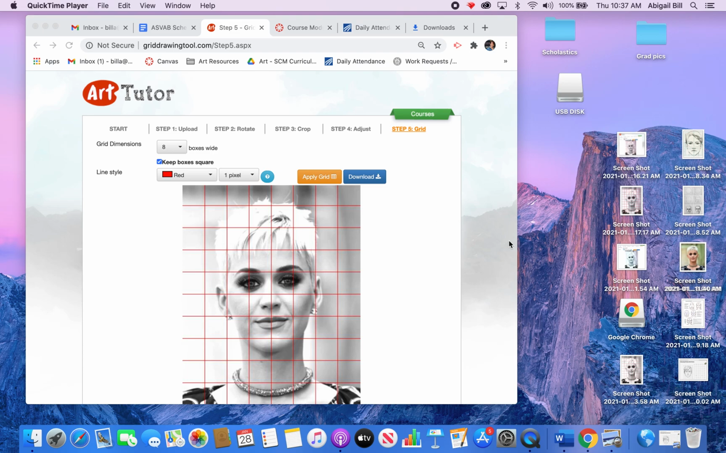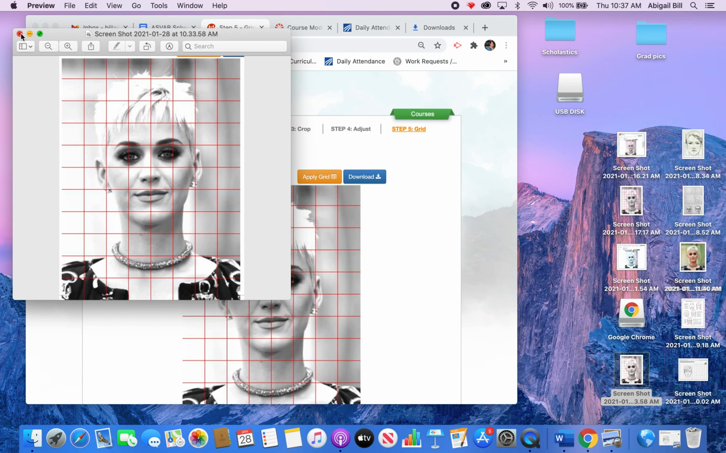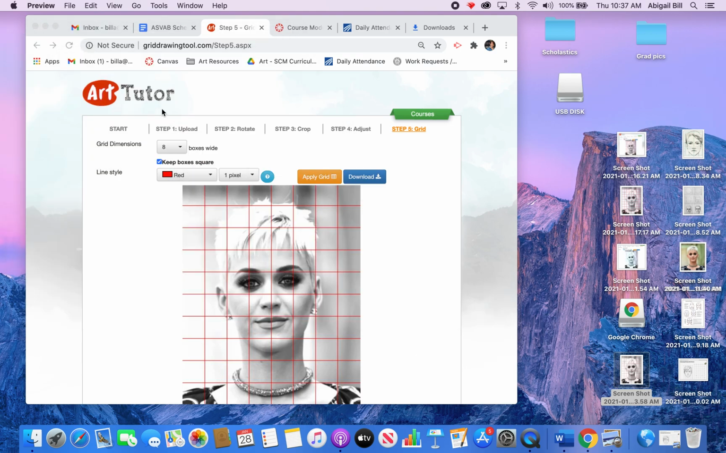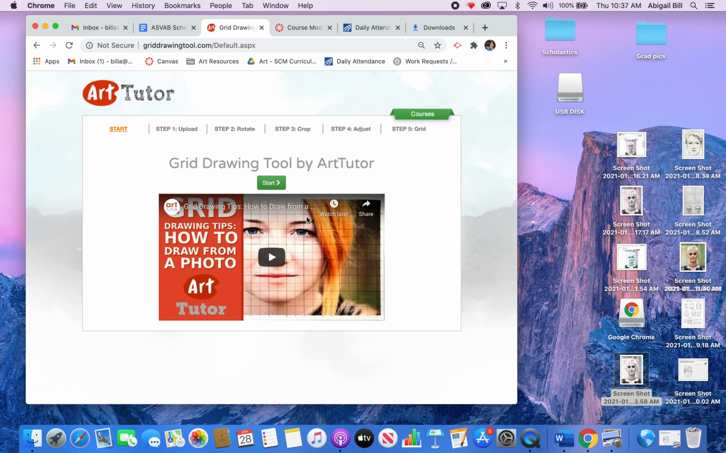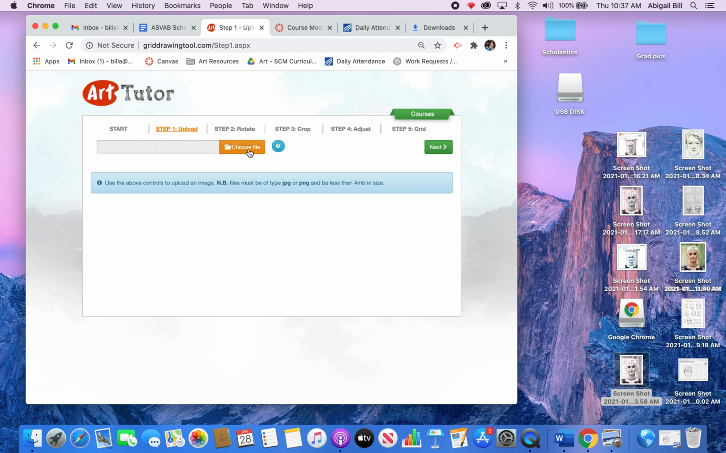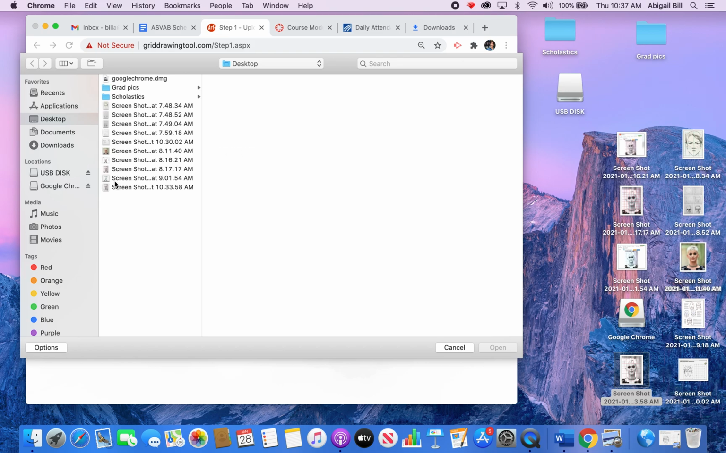All right, so I am going through and making a grid for the grid project, so I will be able to save this image. So we are going to click at start for a new one. There is a video here for you in case it helps. Now I am going to click on step 1, upload, choose file, the orange button, and it is going to